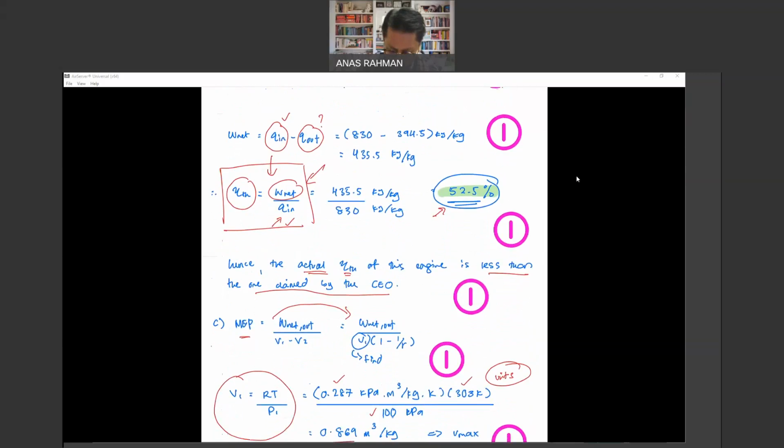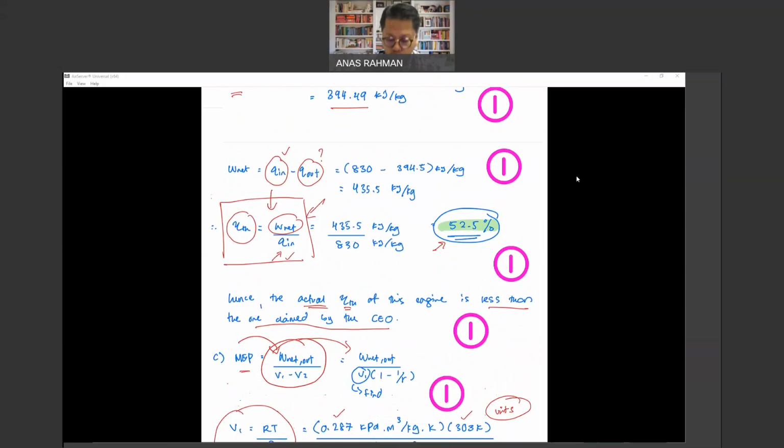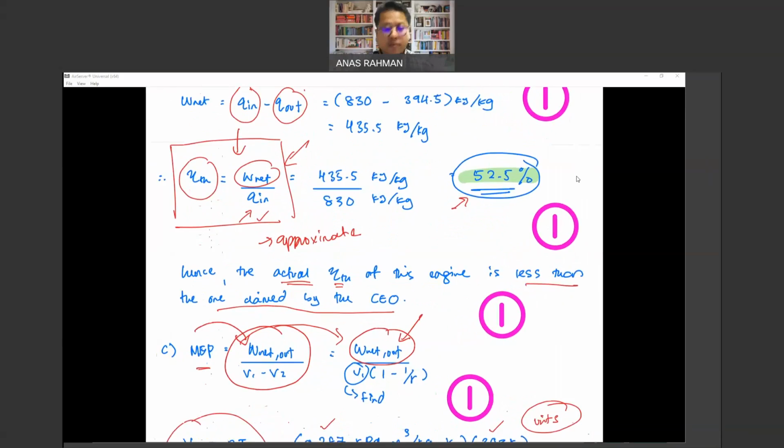Okay, and it will help you to answer question 2C easily, because you need to calculate W net as well over here. For those who use the approximate method, which is from the appendix, you may have a shortcut. You can calculate the thermal efficiency easily, but still over here, you need to calculate W net. So which is the same. So those who use the shortcut, which is the approximate analysis, still need to calculate the W net. So you need Q in and Q out over here as well. So either way, it's a win-win situation. Okay, all right. So you have to calculate W net either way.